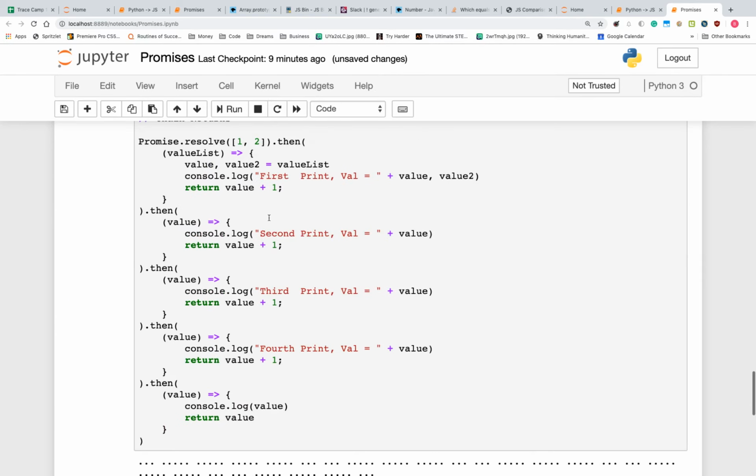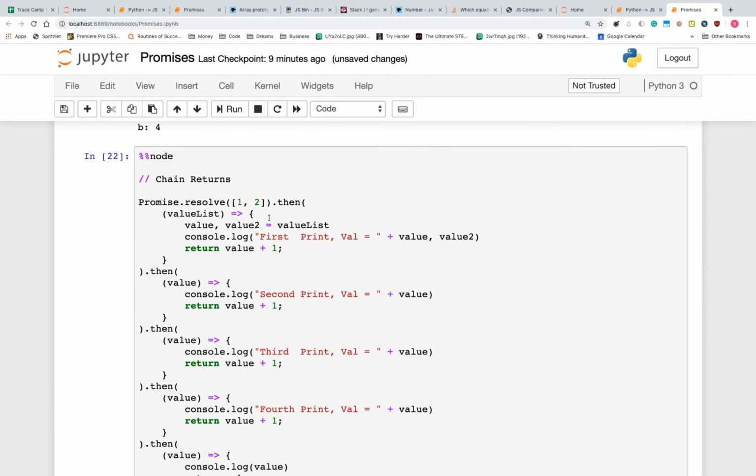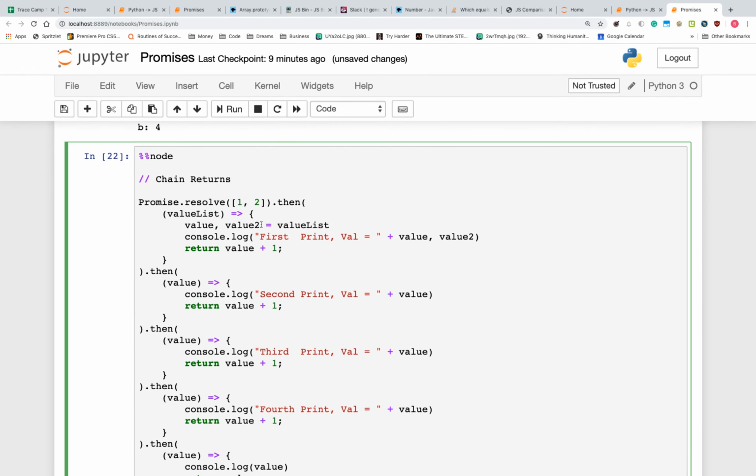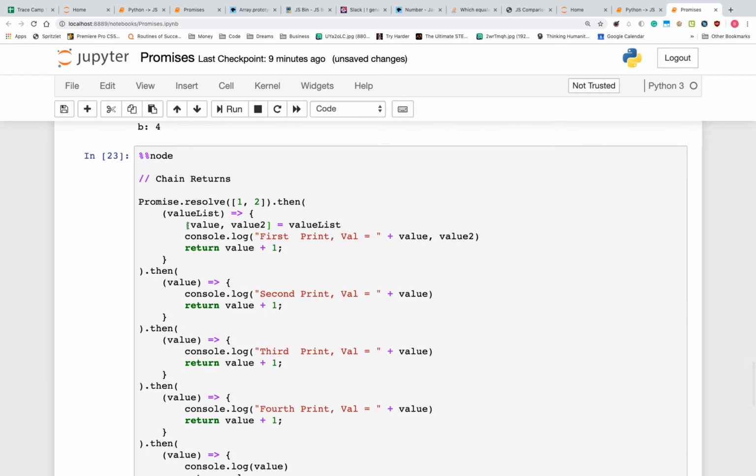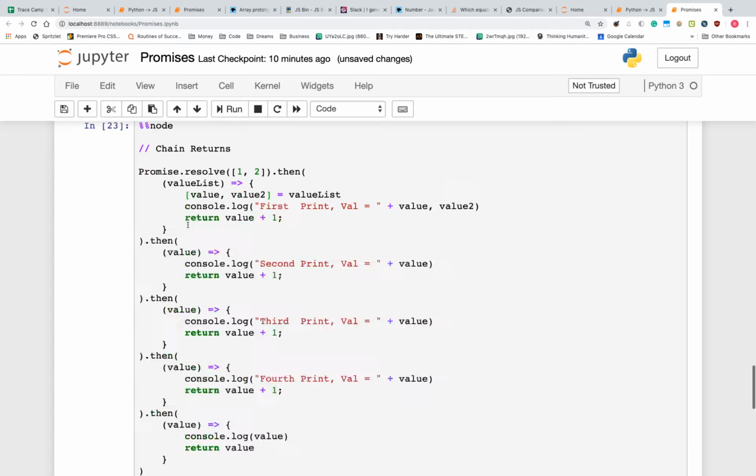You still need your brackets on. What, even if I do this? Yeah, you don't want that. You want brackets. Lame. Yeah, so if we wanted to pass multiple values, that's one way of doing it. I'll look and see if there's a more eloquent way of doing that. I don't really like that, but